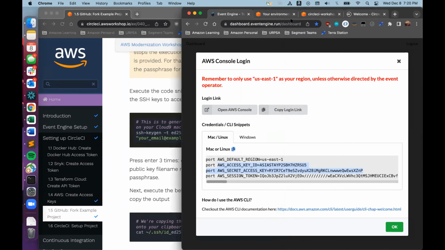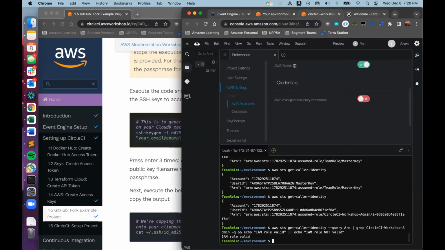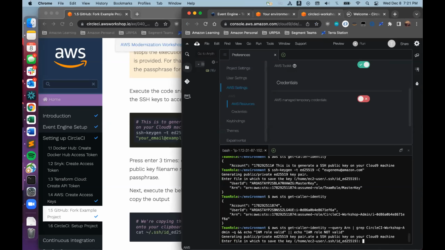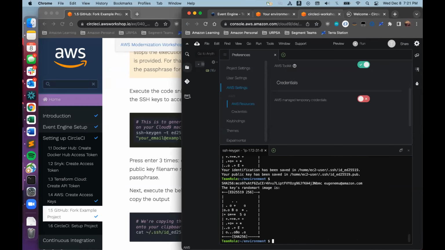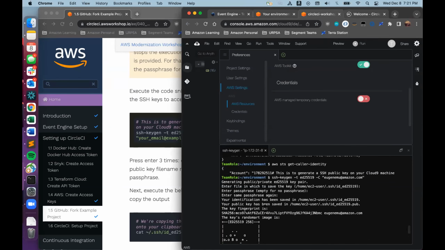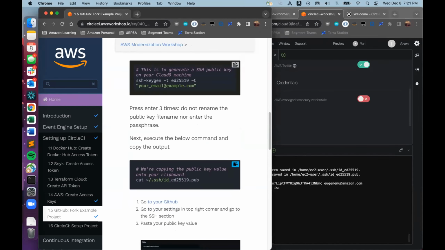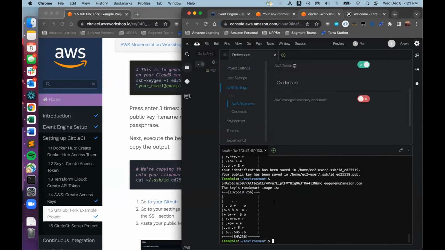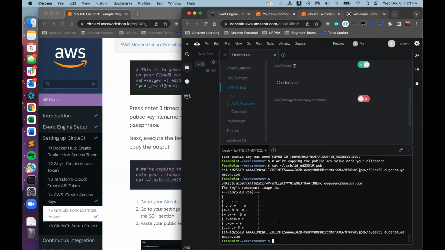So for example, I'm going to go back to my CircleCI dashboard. It's going to say use it to generate your SSH public key. So I'm going to write at amazon.com because my amazon.com email is linked to my GitHub. You're just going to press enter 3 times. And right here, you're going to do this. So we've created a public key. Now what we want to do is copy the public key, which will show you right here. If you go to your GitHub account,